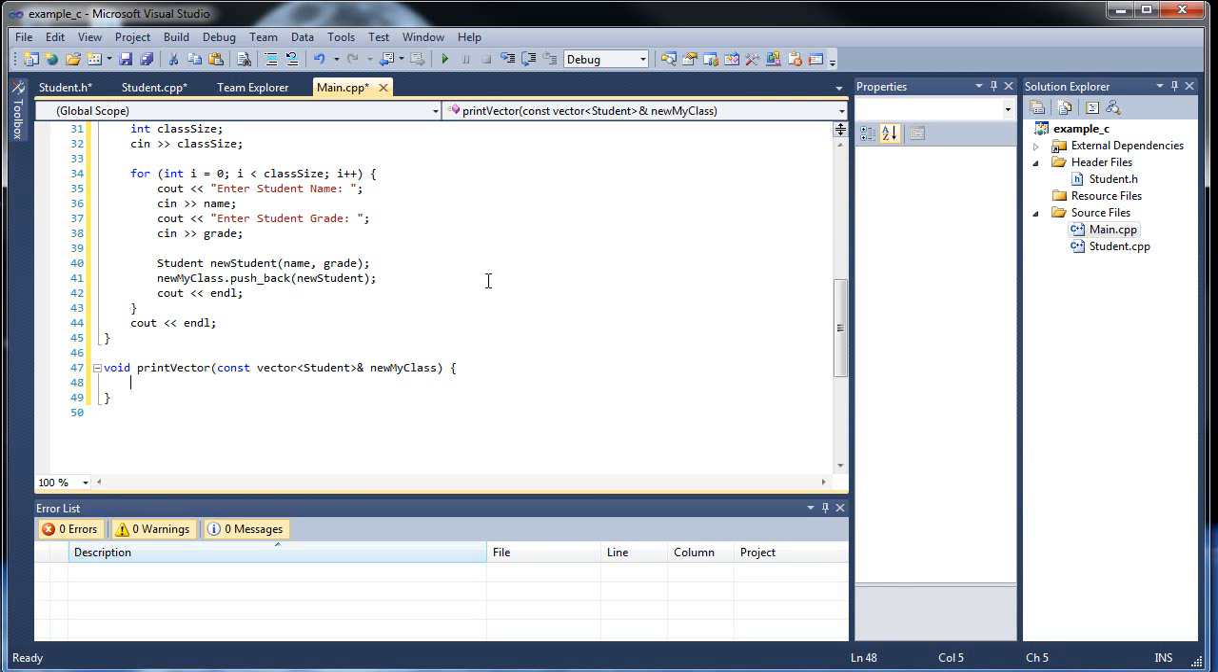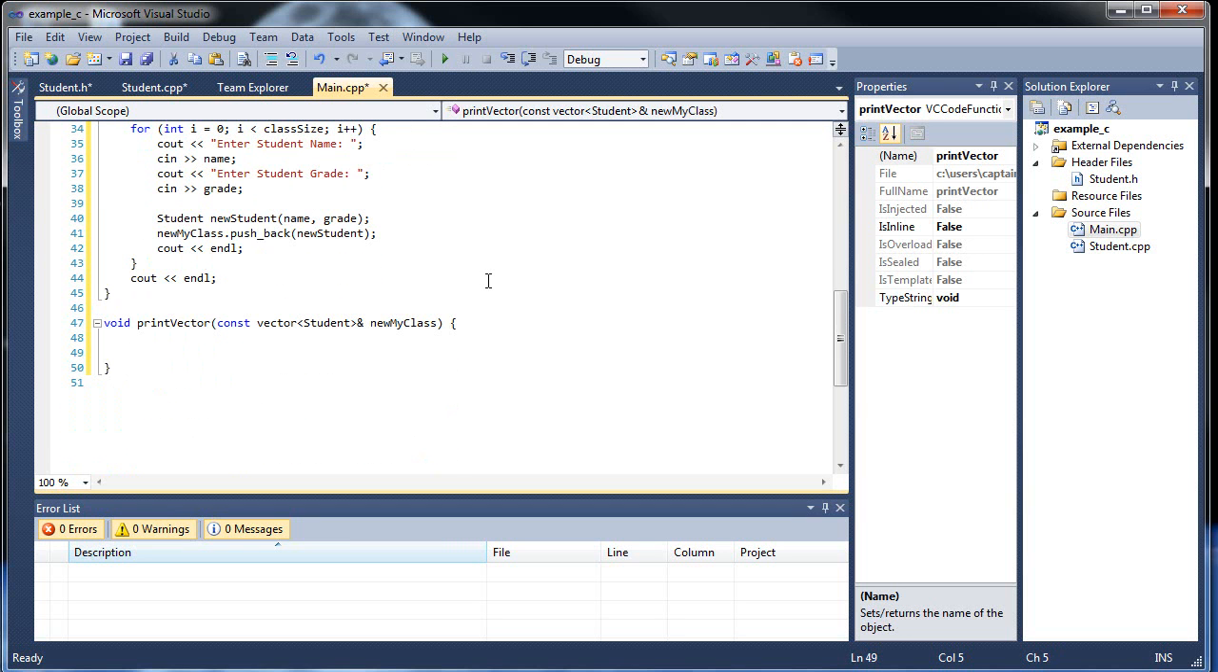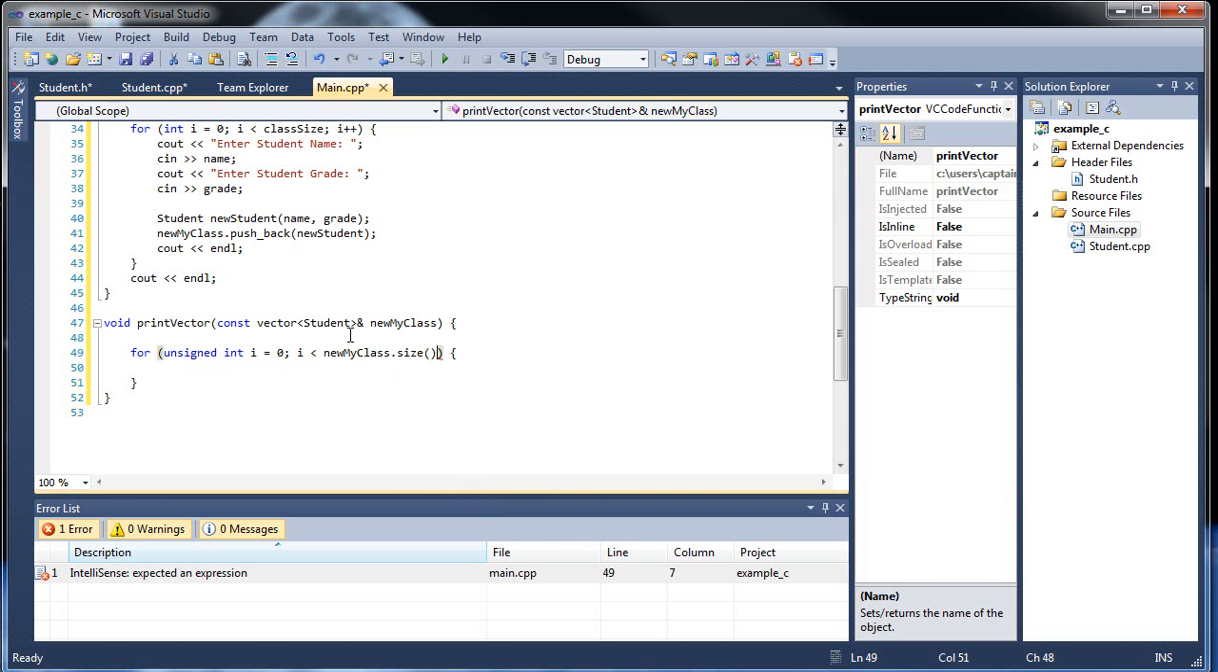And well, let's actually learn how to print this. So, I guess we can use a for loop. Now I'm going to show you something new that I didn't really think about before. You remember how we would make a for loop like this for vectors: int i is equal to 0, while i is less than newMyClass.size(), and then i++. Well, this is actually inefficient code, and the reason is because every time this iterates, when it checks this